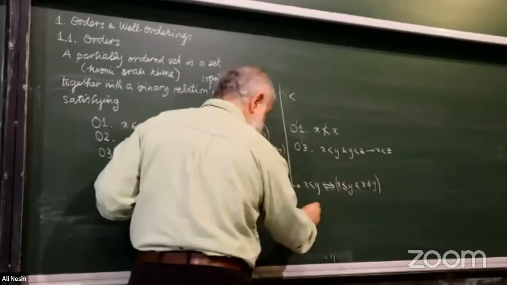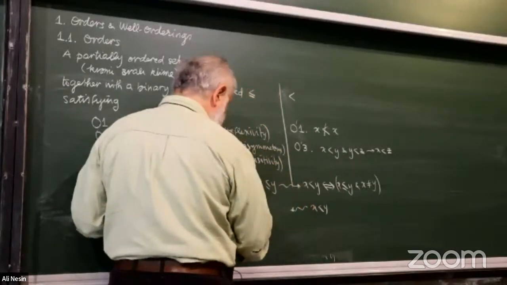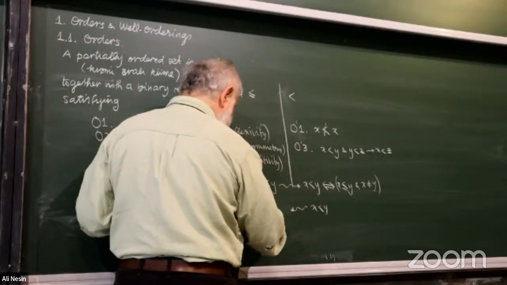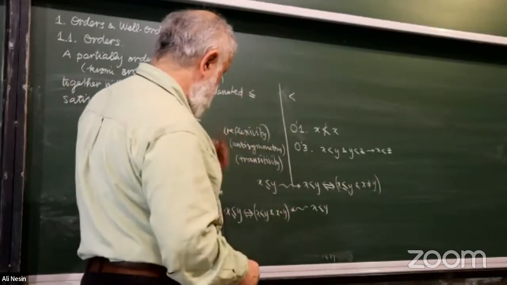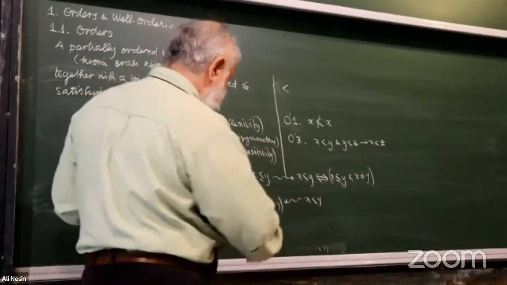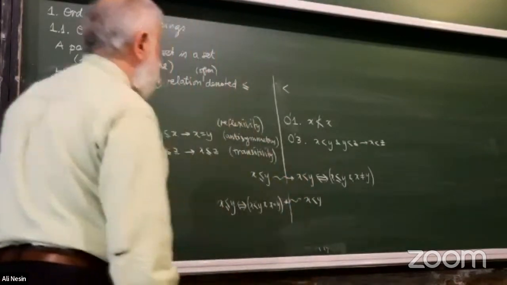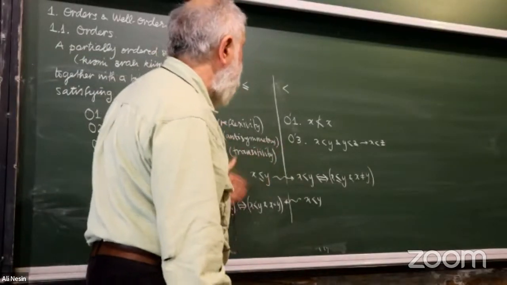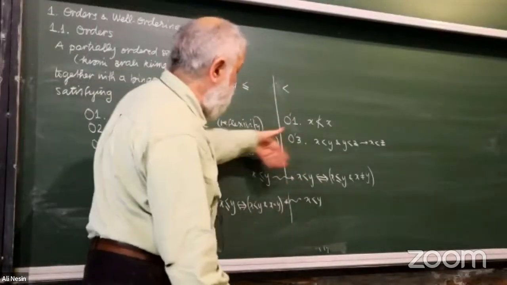And if you have this here, then you can define x is less than or equal to y if and only if x is less than y or x equals y. There are some instances where these definitions are not equivalent, I believe. I forgot now, but very often they will be equivalent. Either you take this or that, you will get the same results. You will be able to pass from one to the other easily, like this.